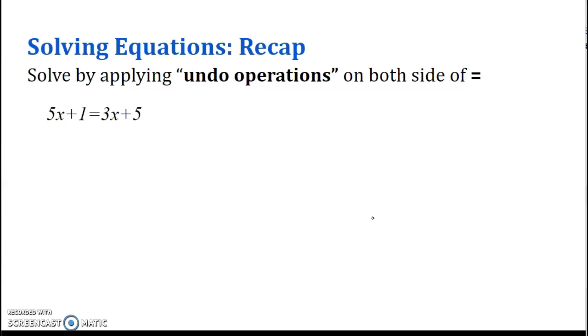Okay, so then let's go back to solving equations. Let's recap what we know so far. We solve by applying undo operations. Remember, whatever we do, we look at what was done to x first, and then whatever was done last to it, we try to undo it. And whatever we do, when we do undo operations, we need to do it to both sides of the equal sign. So if you have 5x plus 1 is equal to 3x plus 5, the equal sign tells me